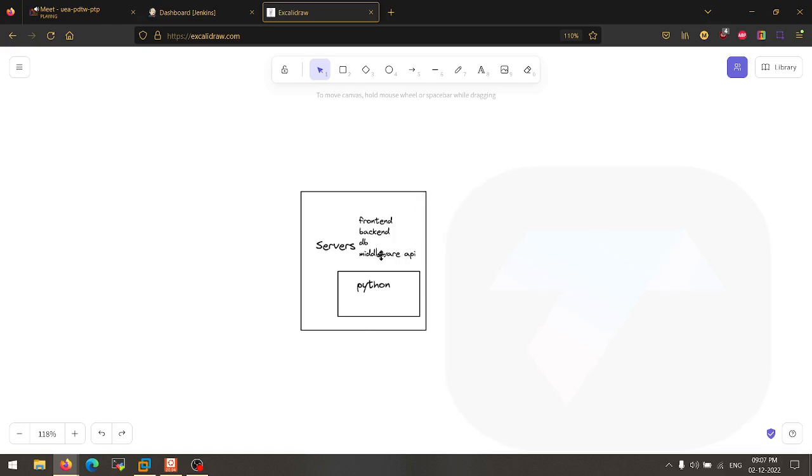But what if we divide every component in a separate server? What will happen there? If one component is down, the services dependent on that component will definitely not work. But if there is a component which is not dependent on that down component, that component will be working absolutely fine. Okay. So for example, front end is not dependent on middleware API because it's just showing the UI. If middleware API is down, there will be no impact on front end if the both components are deployed on separate servers. You guys got it?